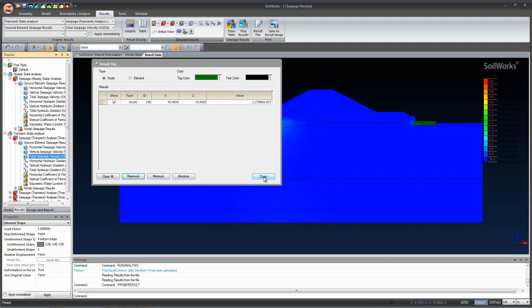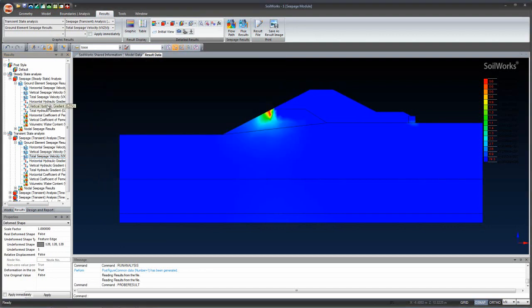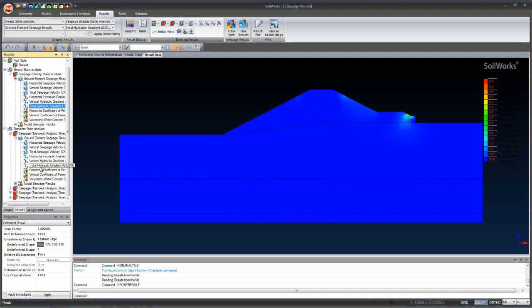So this is how you can compare the 2 values, the steady seepage analysis and the transient state analysis results. You can see over here that the maximum value for the transient has been obtained on the upstream side. So this is how you can get even the total hydraulic gradient. You can get it and compare the 2 results,